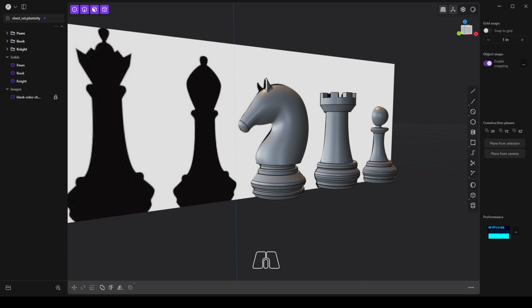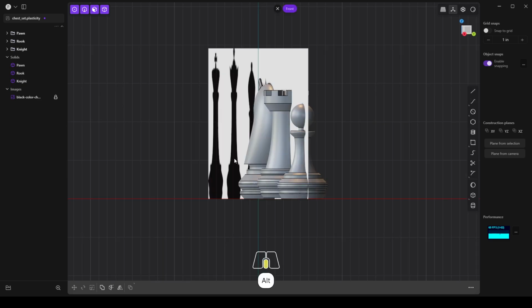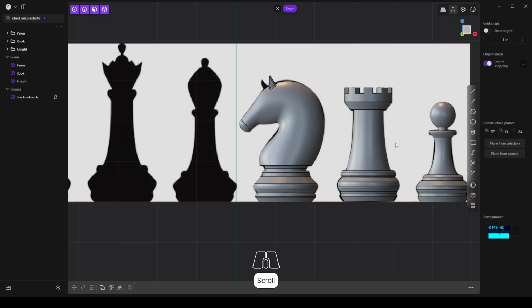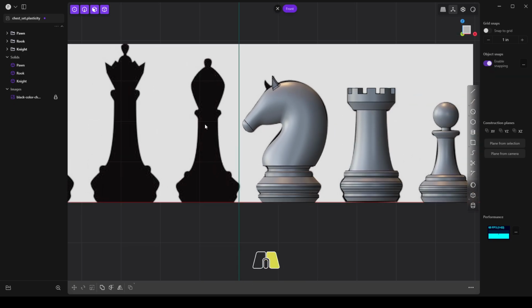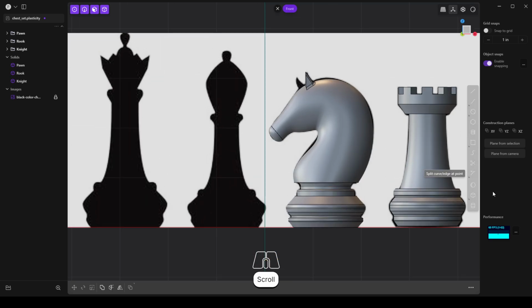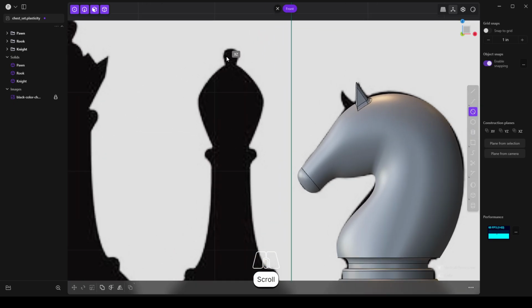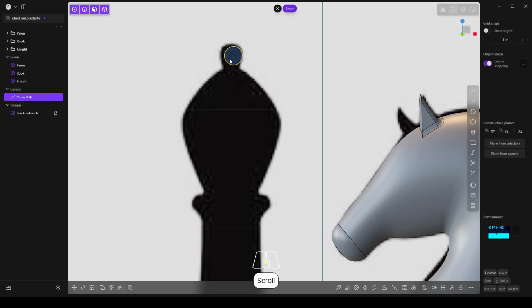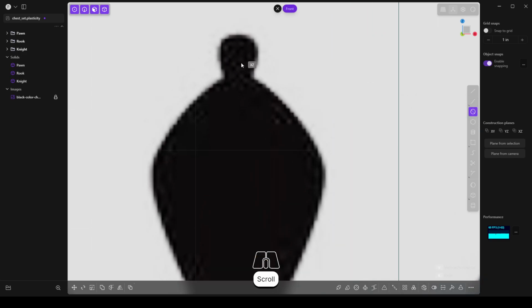So in this one, I'm going to be modelling the bishop. So we'll get this one done. Very similar to what we've done previously with the pawn and the rook. So what we'll do is we'll start with a circle. So I'll try and get that a little bit more central there. There we go. What we'll do is I'll use,